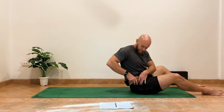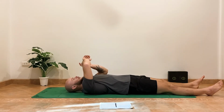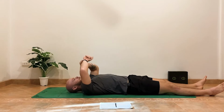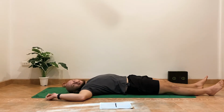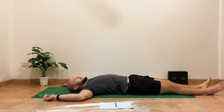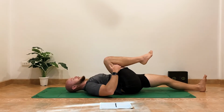Let's wrap things up with a nice deep stretch. Slowly come down to the floor, laying flat on your back, and you can put your arms out straight, or if you're limited on space here, you can have your arms in like a cactus position with a 90-degree bend at the elbow. We're gonna start by bringing the right knee up into the chest, and we're gonna hug that